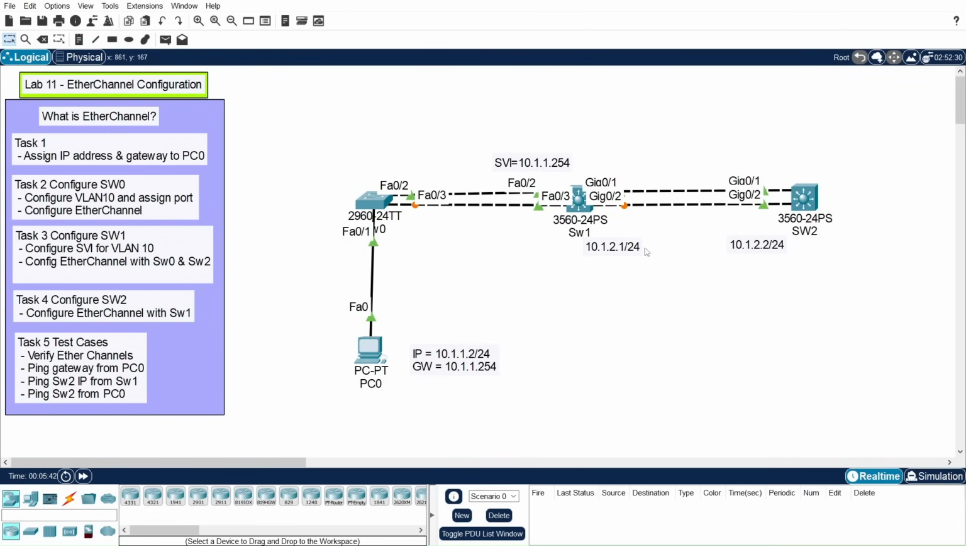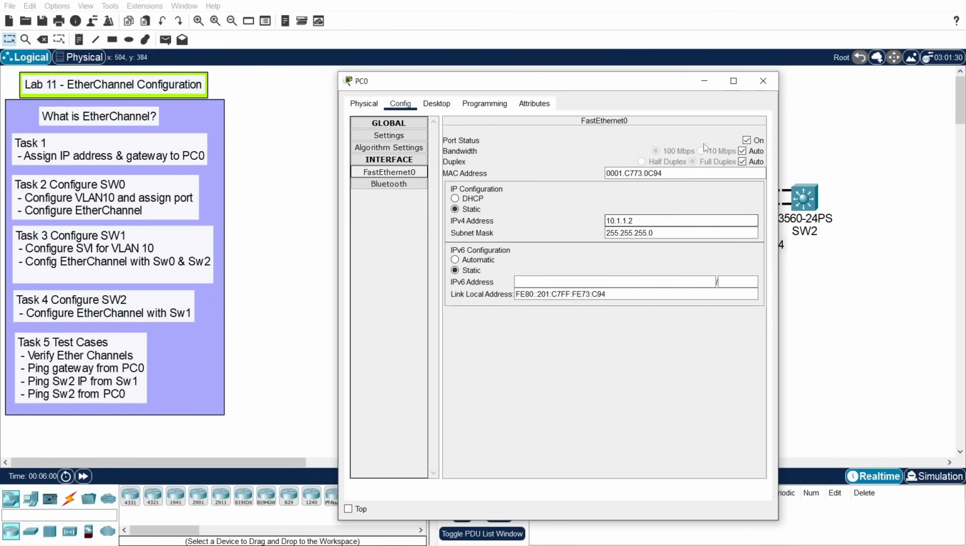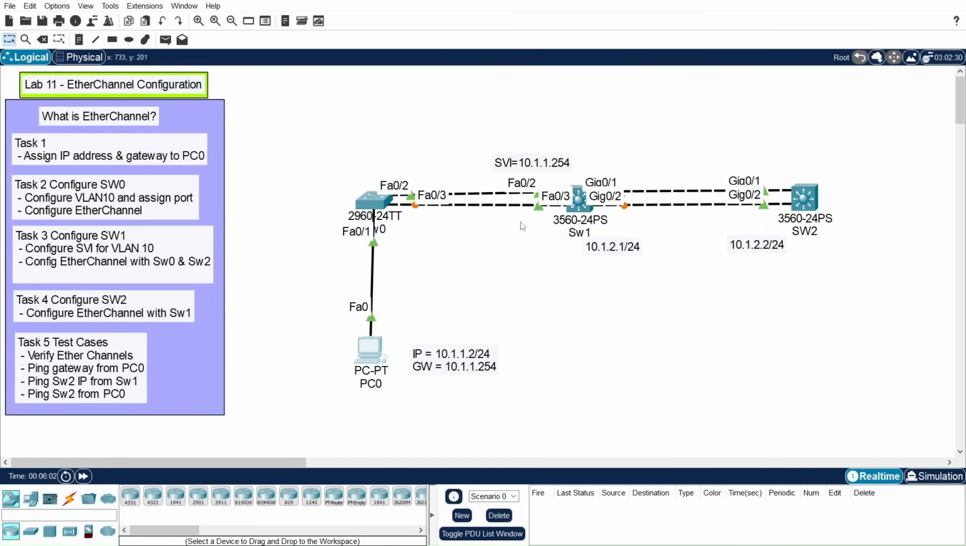So this EtherChannel link we will configure as a layer 3. So let's get started with the task. Task 1 is to assign IP addresses to the PC and the gateway. I have already done this configuration. I have assigned the gateway as well as the IP address to the PC. This is the IP address and this is the gateway that we will configure here on switch 1 as an